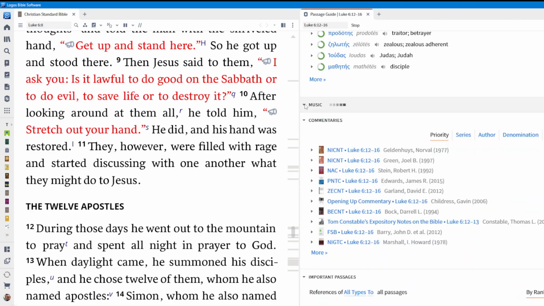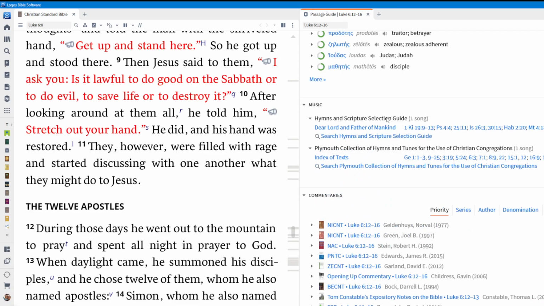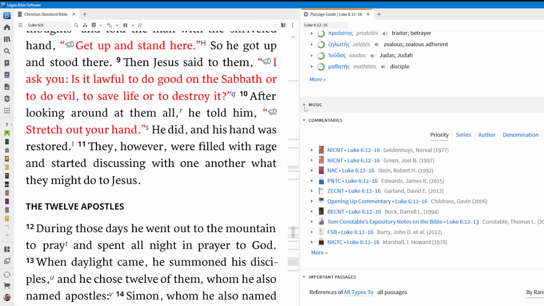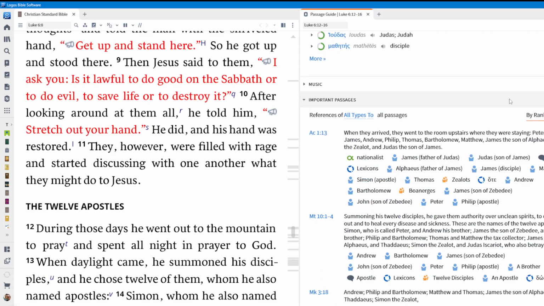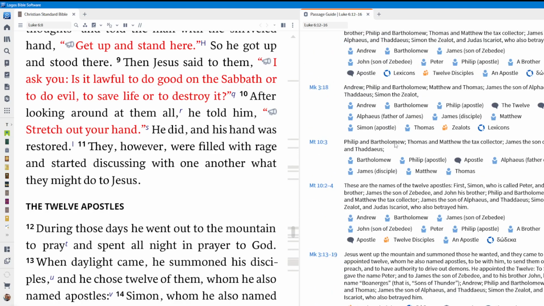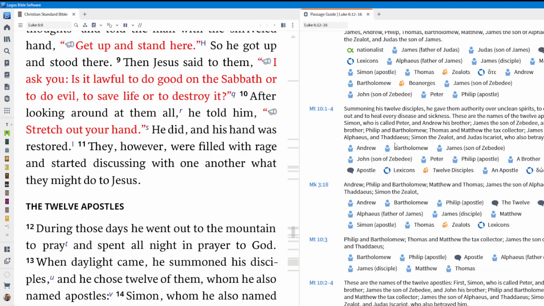Music. Sometimes it'll give you hymns and stuff that go along with the passage. I don't usually pick the music, so this is something I have just kind of for interest. I've accidentally got a section of generic commentaries. The last one's very cool. I think this is the last thing I have in here, and